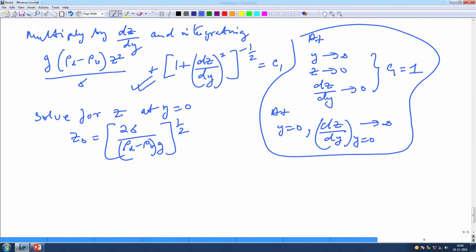That is z naught, the height through which the liquid actually moves. We can also show that y by LC, we will define LC shortly, do not worry. If you solve for the whole thing,